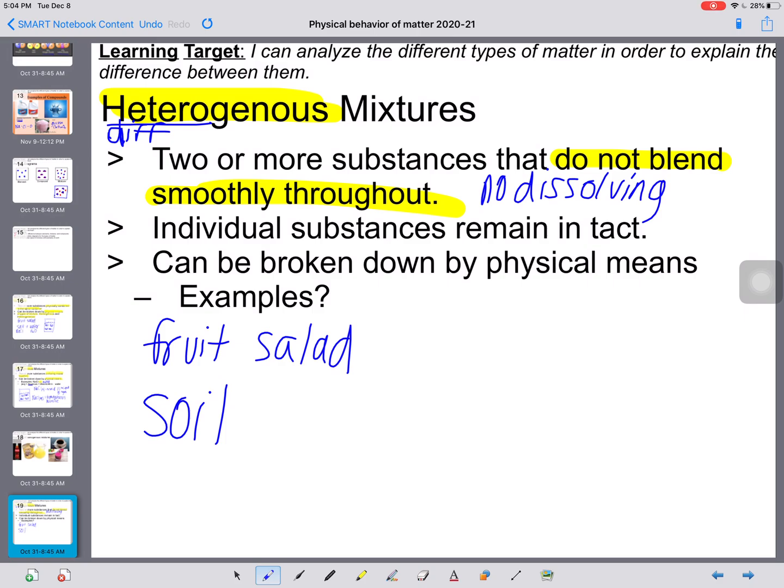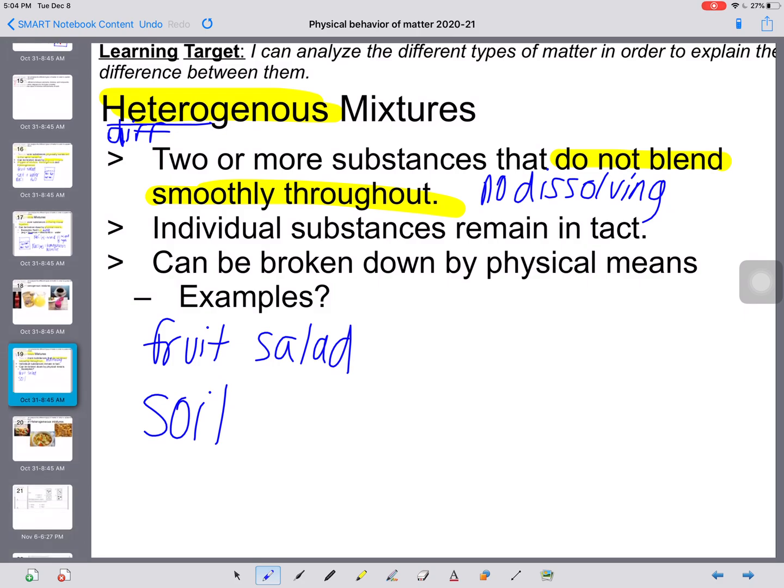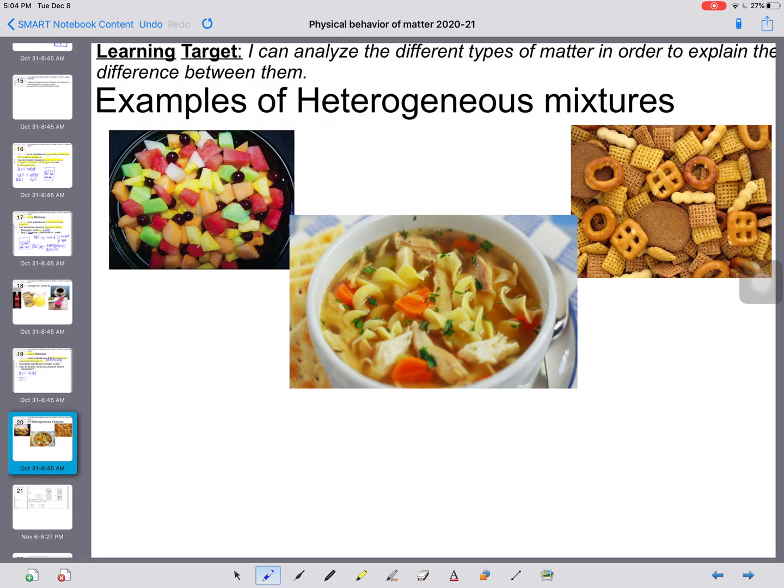It's a mixture of two or more different things where all the individual substances remain intact. Some other examples of a heterogeneous mixture, we said fruit salad, any kind of soup, right? That's a mixture of liquids and solids. Chex Mix, trail mix, those are all heterogeneous mixtures. Okay. Now, in terms of separating them, when we say they can be physically separated, since both are mixtures, both